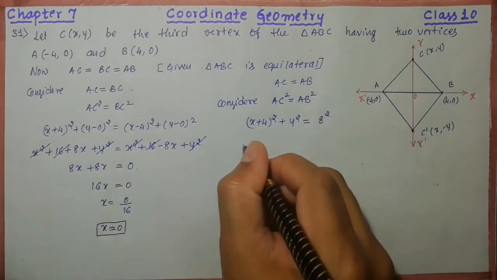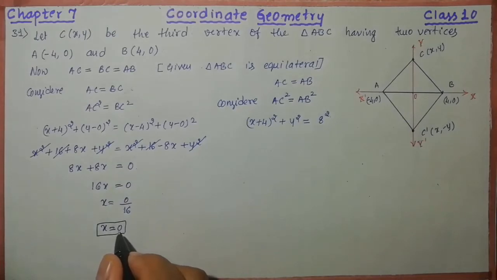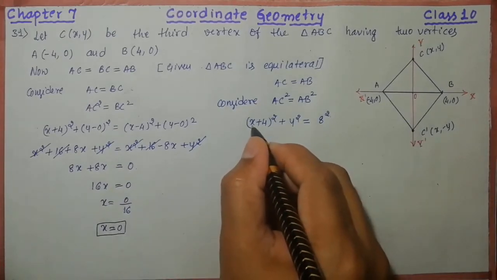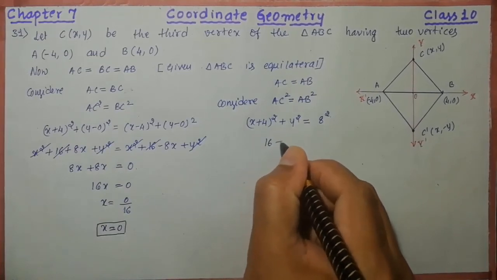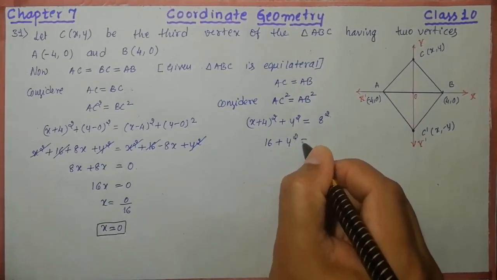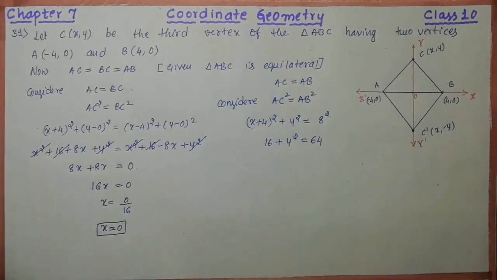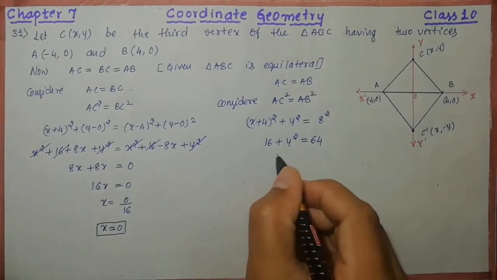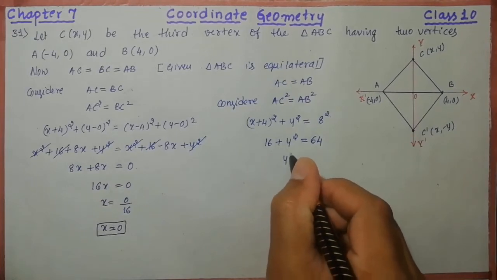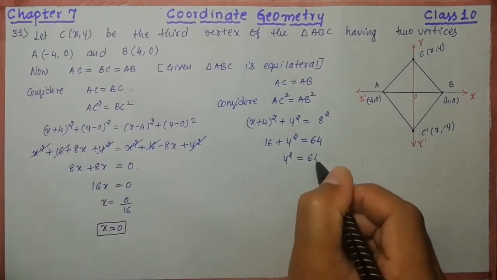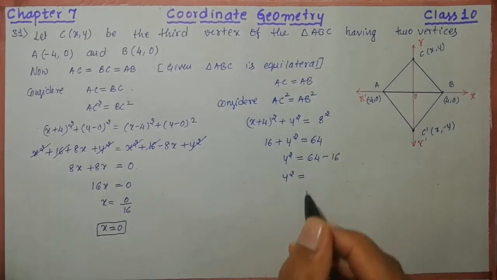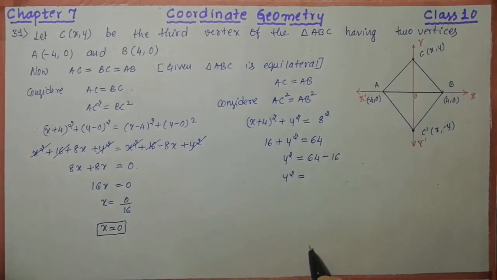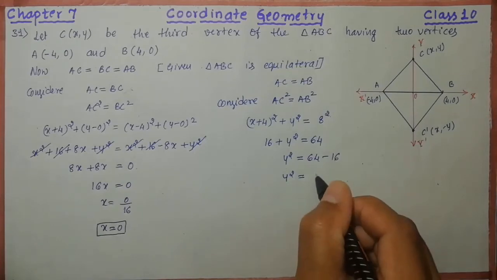So now here it will become x is equal to 0. We know this one. I'm going to place here. It will become what? 0 plus 4, 0 plus 4 means 4. 4 square means it will become 16. And then y square as it is. 8 square means 64. So now I'm going to simplify this one for y square. y square is equal to 64 minus 16. So y square is equal to, on subtraction you will get how much? 16 means first 10, 54, and then next 6 means it will become 48. y square is 48.